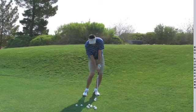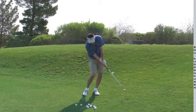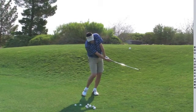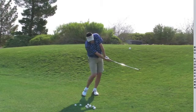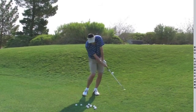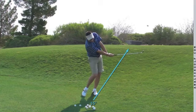You also stayed down longer through the shot. This is after we had done those drills earlier where you were focusing on feeling the shot before you see the shot. And that work has carried over to this pitch shot here. Look at how well you're staying down right here. You're not trying to lift your body up and look real quick. That ball is going straight up. It's right there. That ball is going straight up. So very